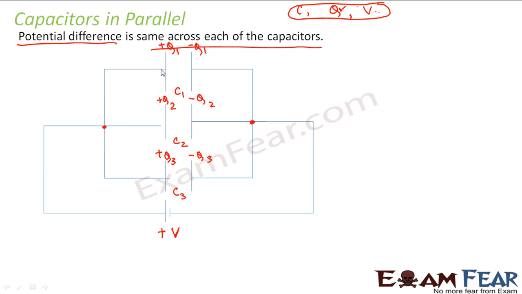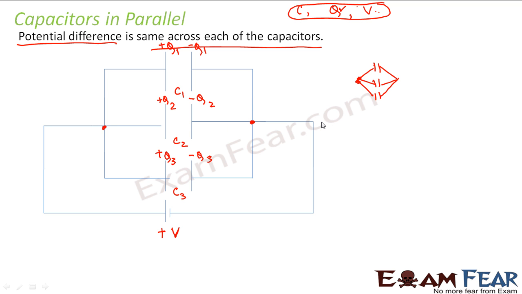And these are the 2 points which are basically connecting all the capacitors. This diagram is very similar to this; drawing it like this is very similar to drawing it like this. Both mean the same. So these 2 points are basically what is common to all the 3 capacitors. Therefore, the potential difference across each of them is the same as the potential difference across these 2 points.